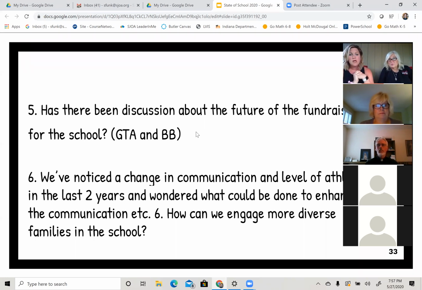So if you could elaborate on that, or when we jump off of these questions, if you're on here and you want to unmute yourself, engaging more diverse families in the school. I'm assuming that comes with maybe volunteering, because I think we already have a lot of diverse families enrolled in the school. But in terms of engaging them to contribute and to volunteer, the PTO